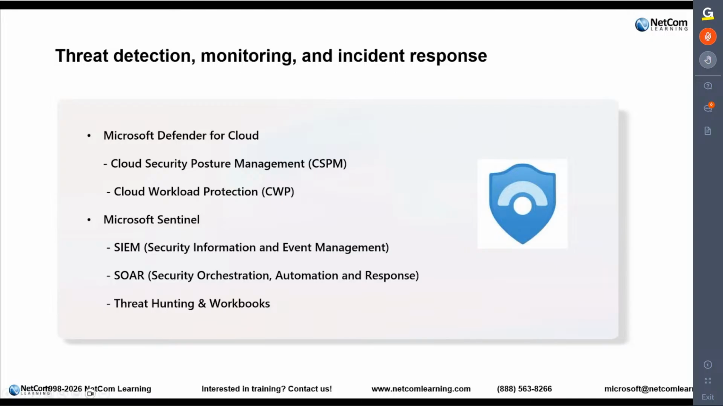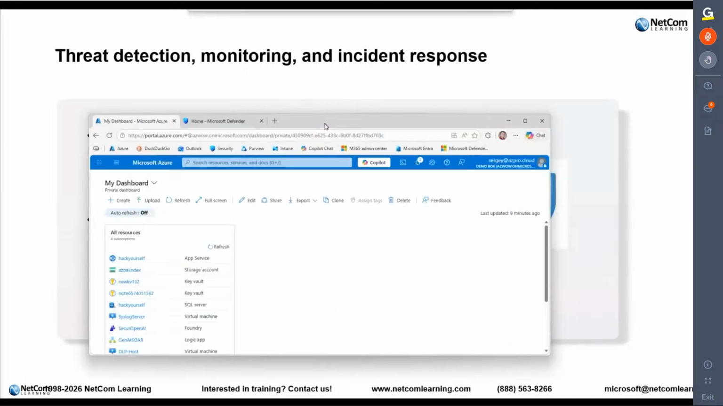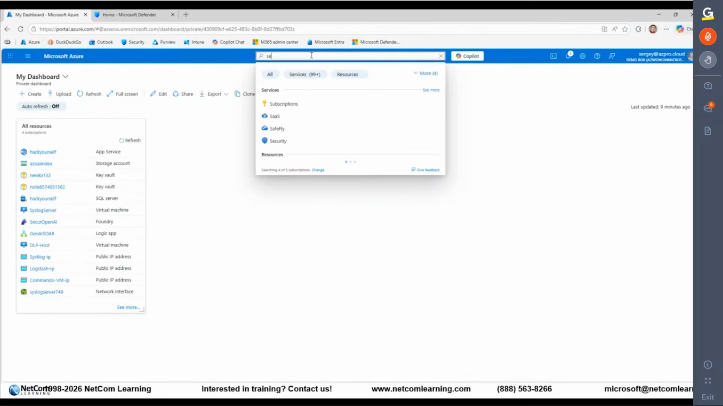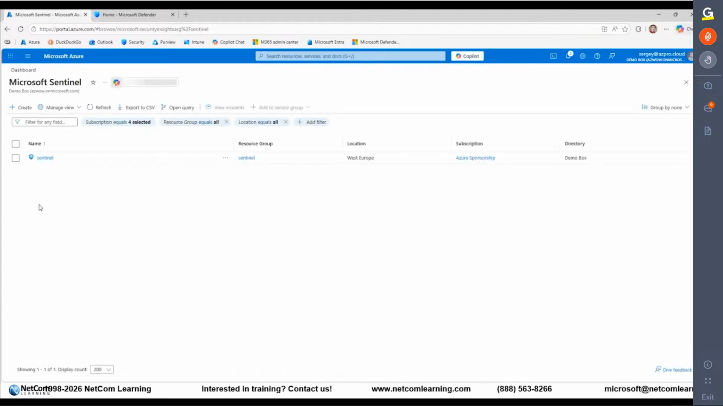So let me quickly show you that. What is Sentinel? Where can we find it? Let me find Sentinel real quick. So Sentinel is the SIEM system. If you never heard of a SIEM system before, again, I assume you do, but if you didn't, a SIEM system is the